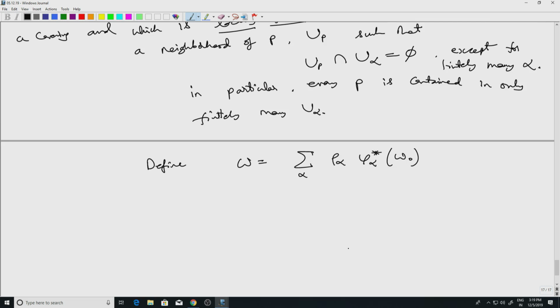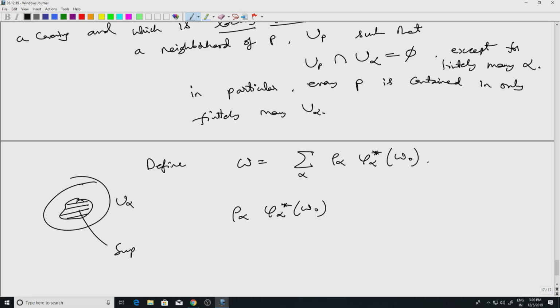And now the point is that here, this is rho alpha phi alpha star omega naught. Of course, this phi alpha star omega naught is defined only on U alpha, but the support of rho alpha is a closed set inside this. This is the support of rho alpha,